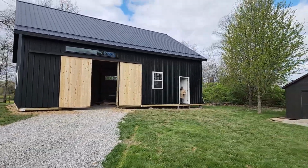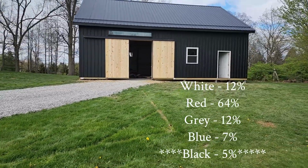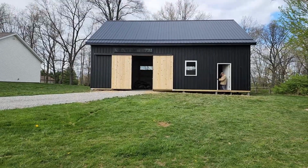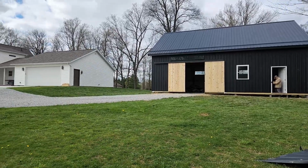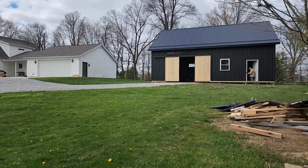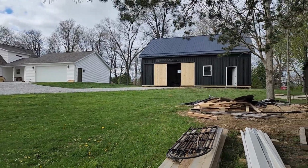And I'll put up the votes of what we had. I think the black for the barn was actually the very, very lowest. Very lowest. But that's kind of how I roll. Not necessarily 1,000 times over the traditional red barn. I thought that would be, I don't want to say garish, but it was just going to be too much of an immediate thing that you look at. And even though it is a big black barn,